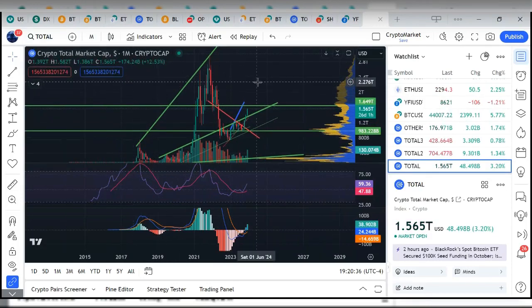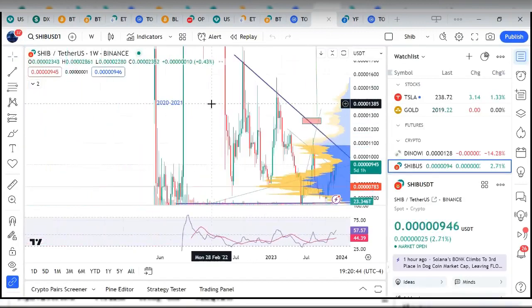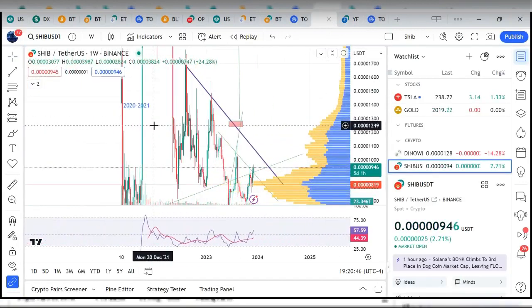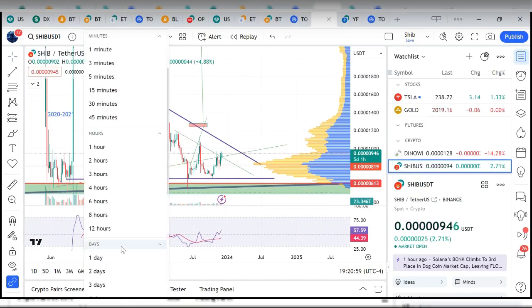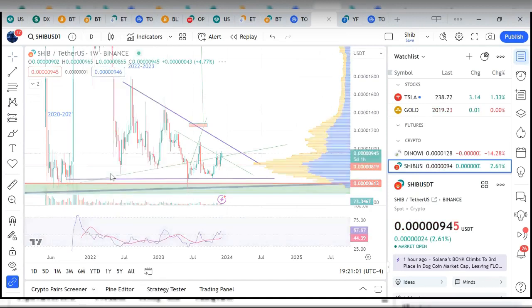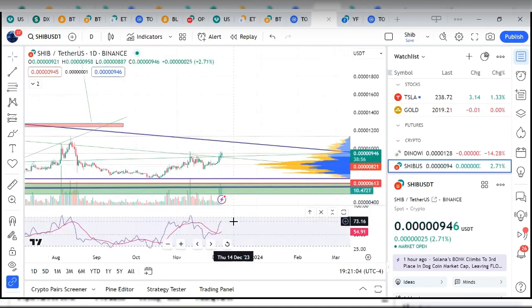So let us move on to our next point. Somebody was telling me about SHIB, and was asking me if this is a good entry for SHIB and those kinds of things, right? So if you notice on my SHIB chart, you will see that this chart is on a weekly time frame. Now if I change this weekly time frame and put this on a daily time frame, you will notice that the RSI is almost at the top. That is why I told everybody if you had to buy SHIB, you just buy about $25 and hold, and wait for the retracement,